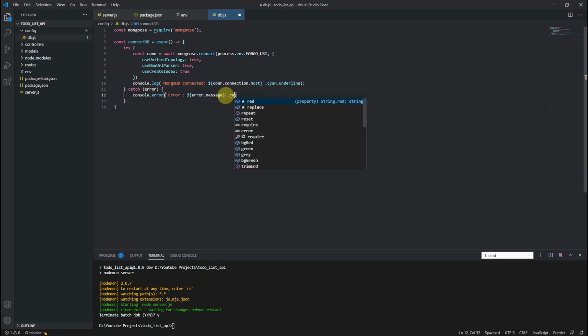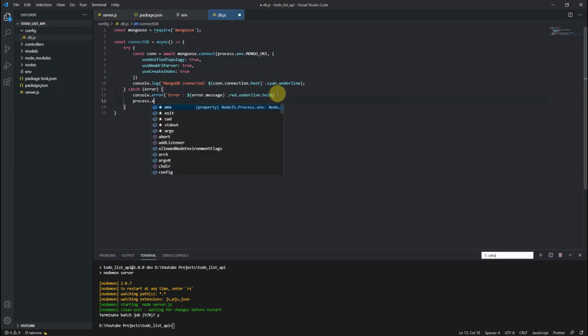And this color is red, and I am giving the underline and also the bold, then it will be highlighted, right? And then our process will exit, process.exit. Okay, done. So our db.js file is done.